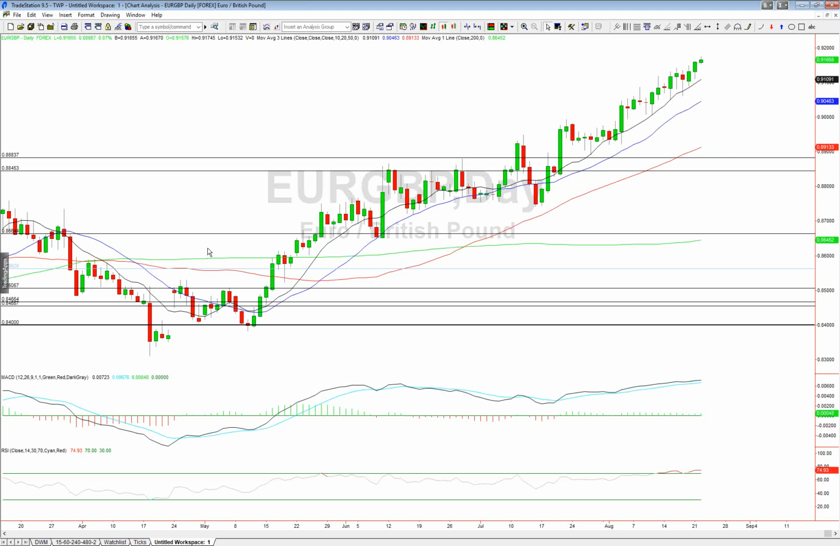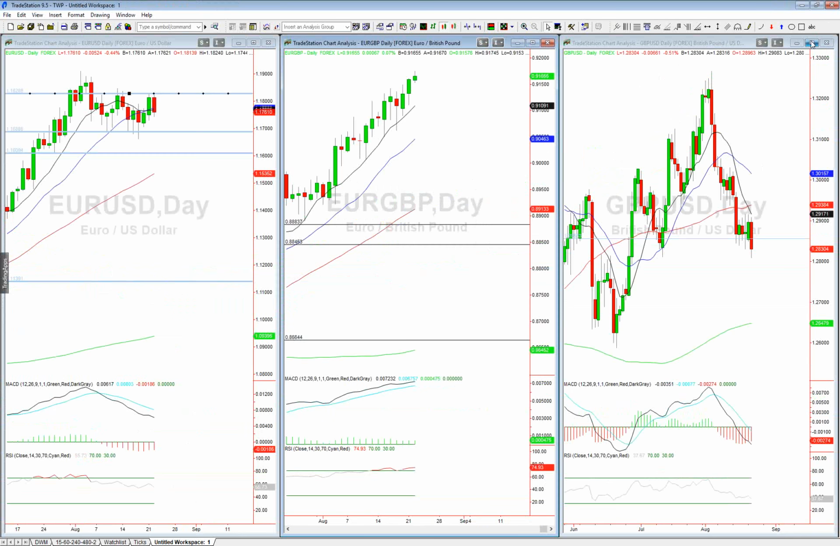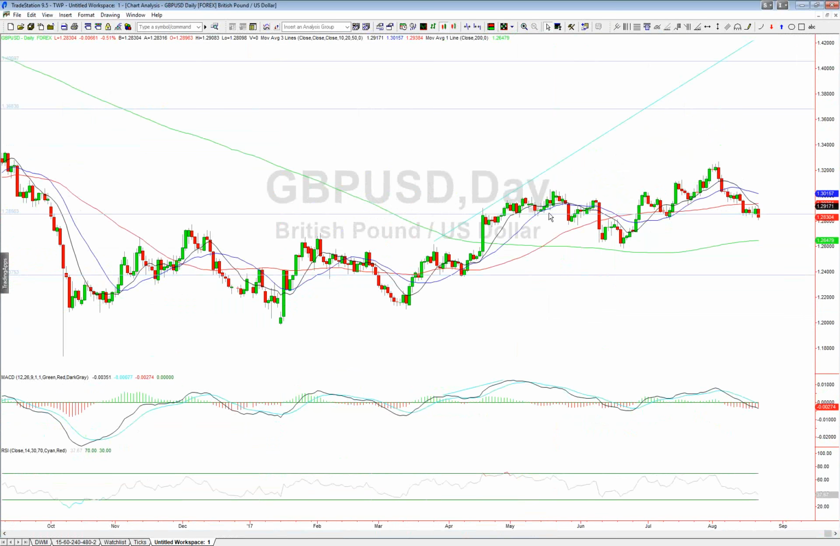Now you might say, okay, I can see the euro is strong. I can see the British pound is weak. But now let's have a look at the third pair as well. Let's have a look at what the US dollar is doing against the British pound. Let's have a look at cable, GBPUSD. And what we can see here is pretty much this market has been, the big picture has been moving